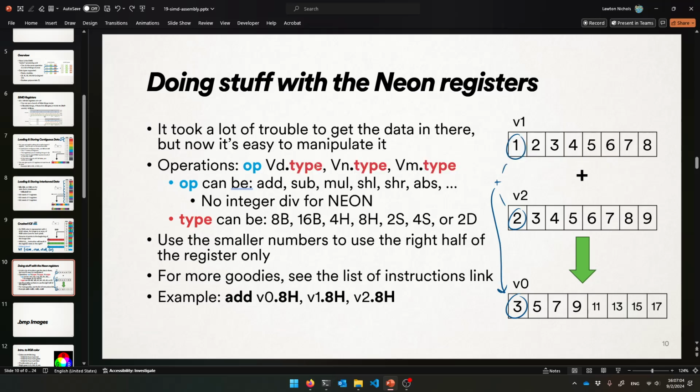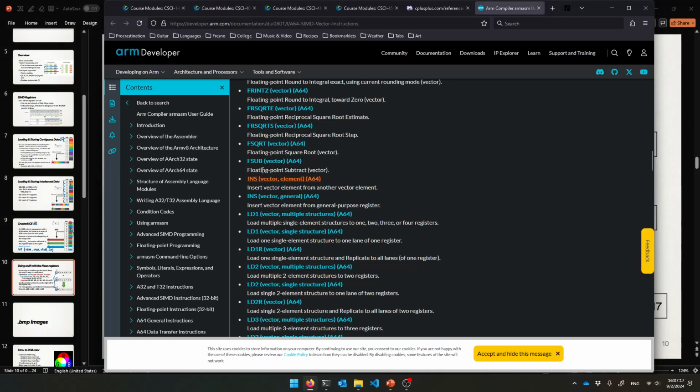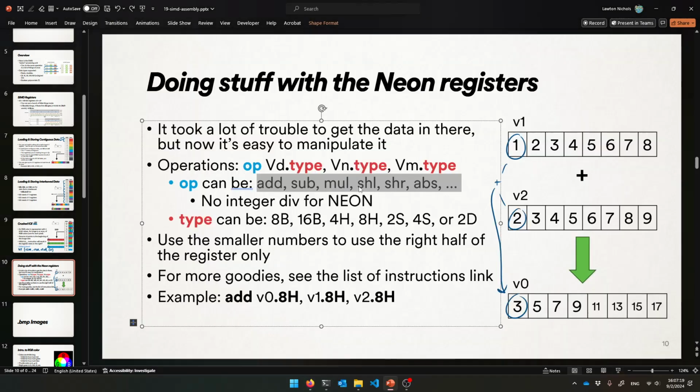All right, so your operation, usually, there are certain ones where it's different, but usually for now at least. Your operation can be all the stuff that you know and love. There's add, sub, multiply, shift left, shift right, absolute value, a lot of things. Go back to the page if you want to know more. They all can take these kinds of vector registers,